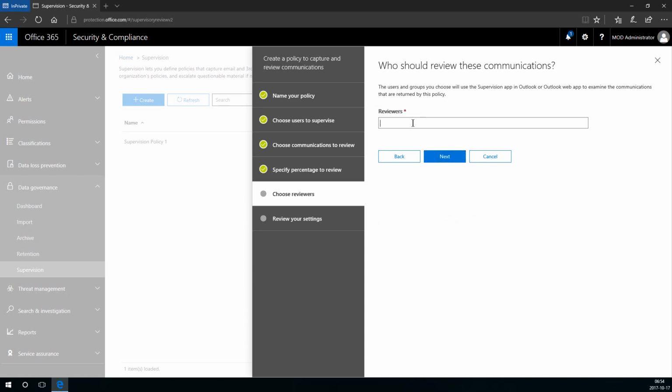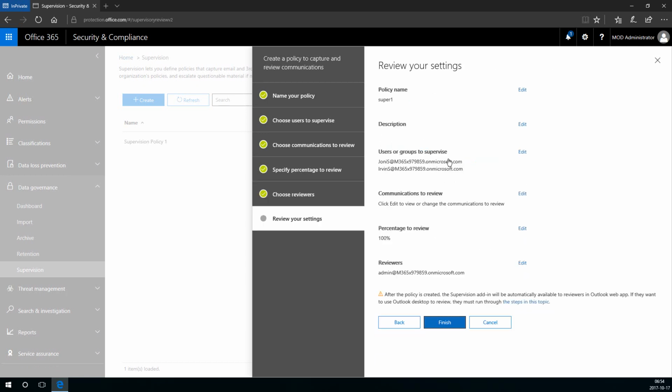And then you can define the reviewers. I'm just going to say this user will be the reviewer for this particular policy. And then I'm going to click next. I can review my settings, and if I'm happy with it, I'm going to click finish. So when you create a